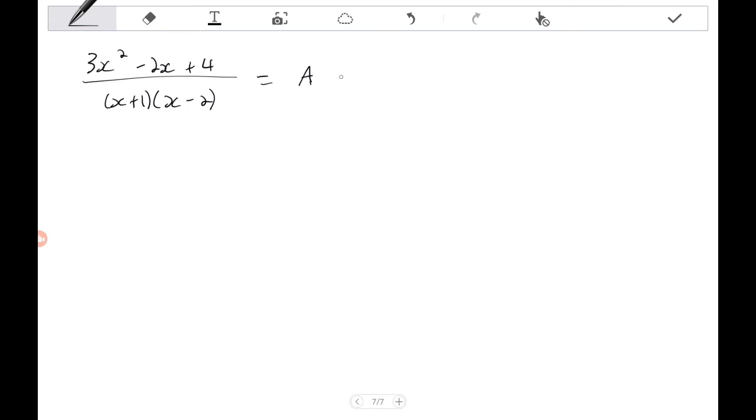and then something that we can split into two fractions. Oh, sorry, that should be a b. C over x minus 2. Okay,